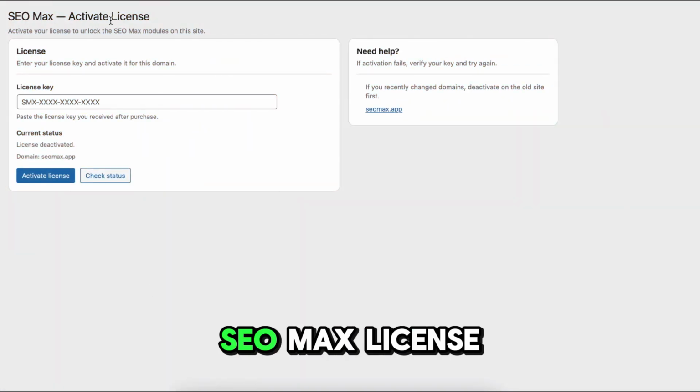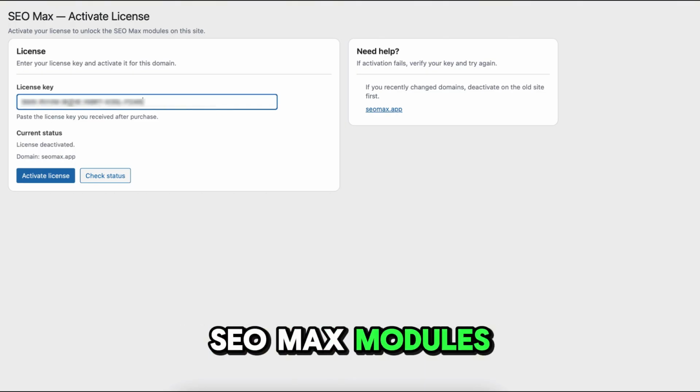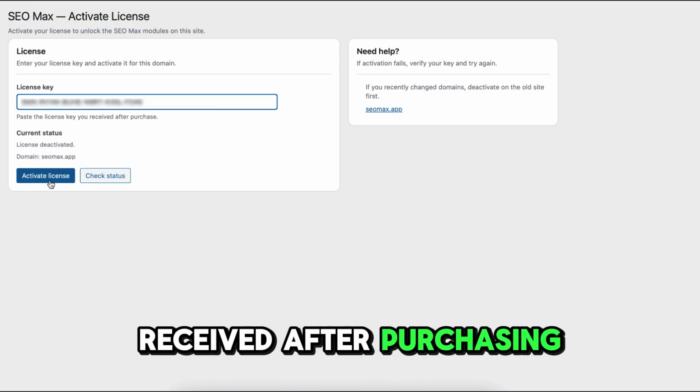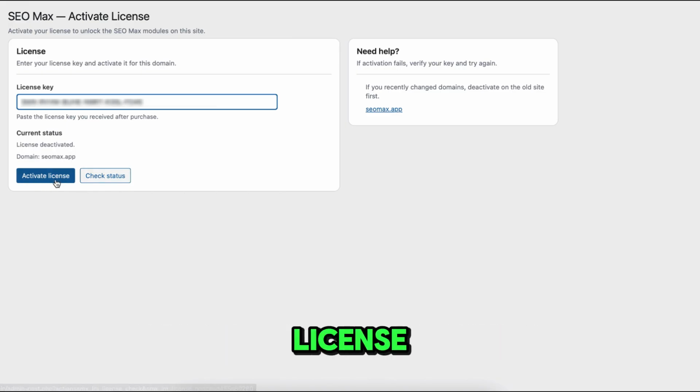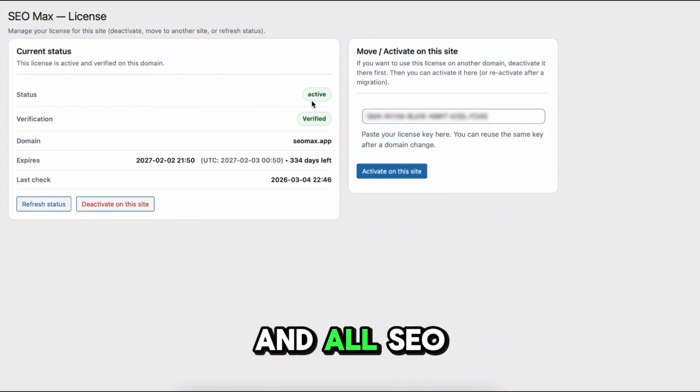This is the SEO Max license activation page. Here, you can activate your license key to unlock the SEO Max modules on your website. Simply paste the license key you received after purchasing the plugin and click Activate License. Once activated, the license will be linked to your domain and all SEO Max plugins installed on this site will